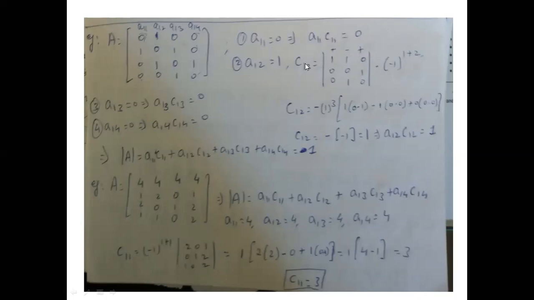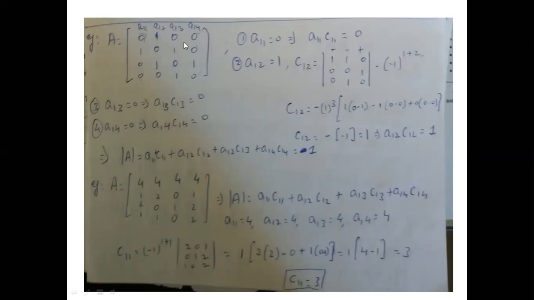So C12 can be calculated as minus 1 raised to i plus j, and i plus j is 1 plus 2. We have minus 1 raised to 1 plus 2 and then the determinant here. Okay? So minus 1 raised to 1 plus 2 will be minus 1 raised to 3. So we get this value and you can find the determinant here. Okay, so for this determinant, we'll have 1 into 0 minus 1, minus 1 raised to 0 minus 0 plus 0 into 0 minus 0. So C12 turns out to be 1. Therefore, the entire determinant is A11 C11 plus A12 C12 plus A13 C13 plus A14 C14, and that value is just 1 because the other factors are 0.